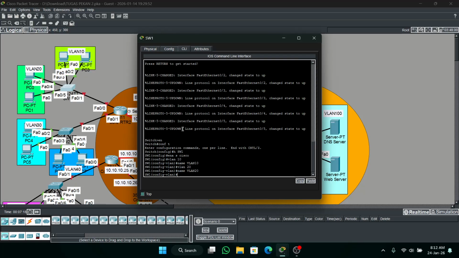After you make the VLANs, enter the ports that are connected to the end devices. Here this is FastEthernet 2 and 3.